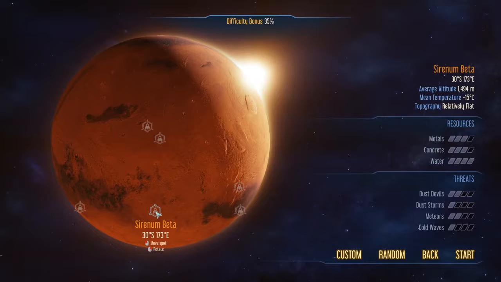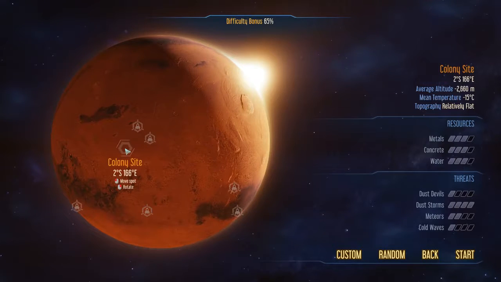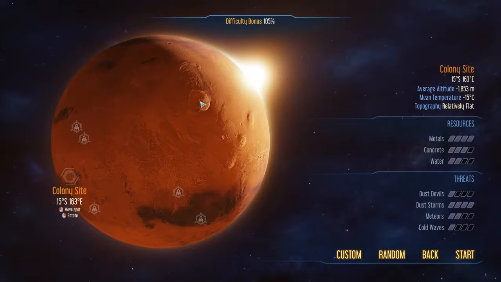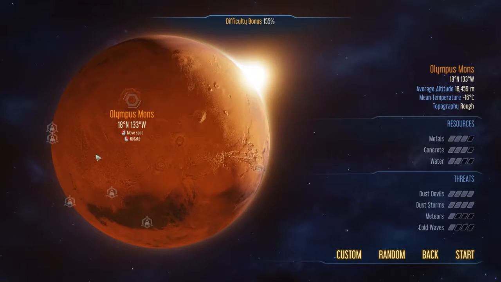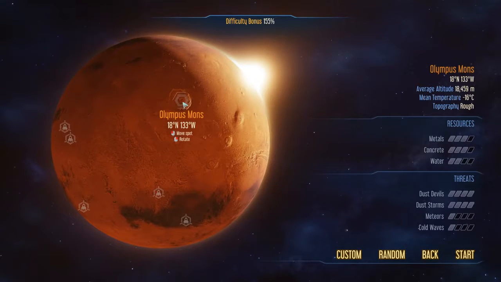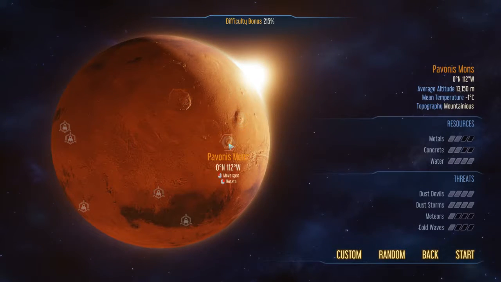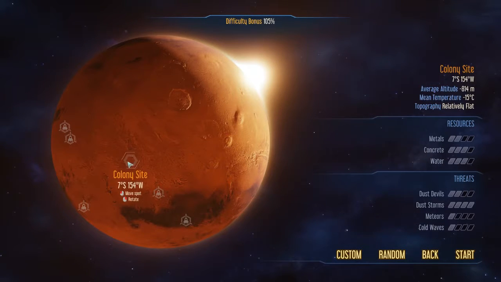What have we got around here? We've got... Mons Olympus. Olympus Mons. Oh. It's the tallest mountain in the solar system. You could build a colony right on the top of it. I love the fact they've got the Martian topography so right. Arceus Mons, there's Pavonis Mons, that's right. They've got all this...